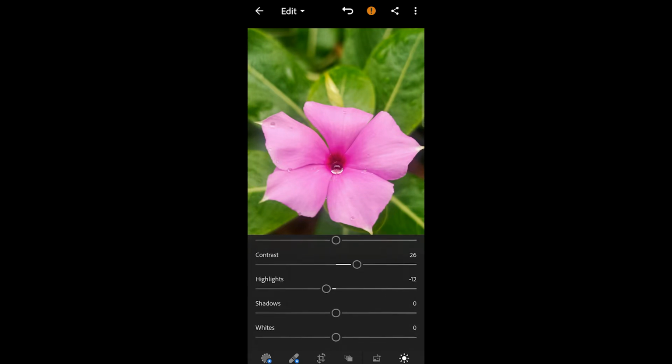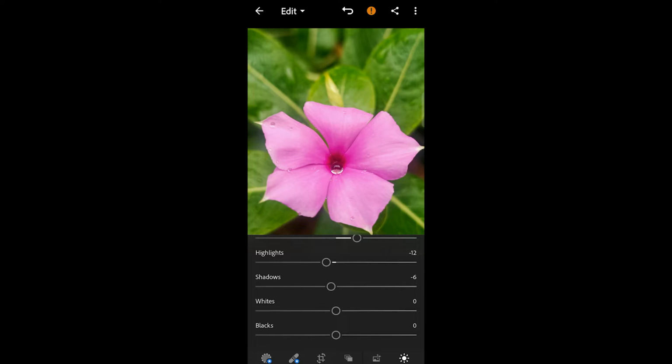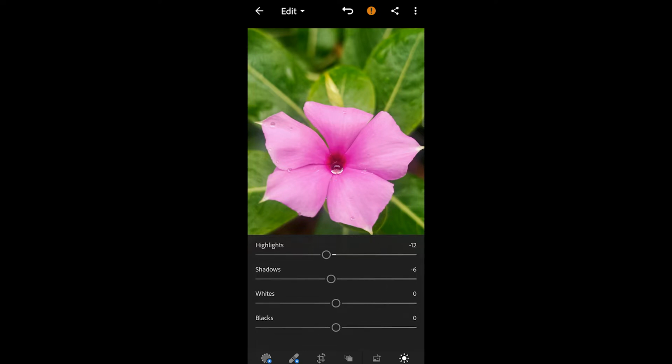Shadows, I'll go a bit less because I don't want the leaves to be the subject, they should not be the focus. The main focus should be on the flower. And then with the whites I'll go plus 28. You can go 28, 29 according to your preference. Blacks I'll go minus 17.